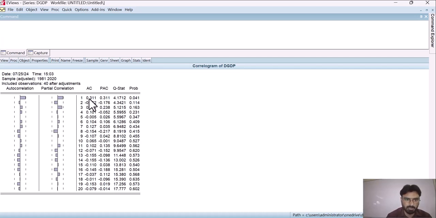As you can see, there is 0.0000, and you can see the probability values are greater than 0.05, which means that we have to accept the null hypothesis, which means that our data is stationary and there is no issue of autocorrelation in this data set now.